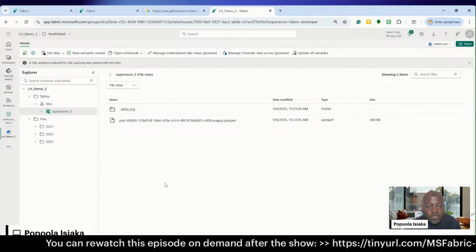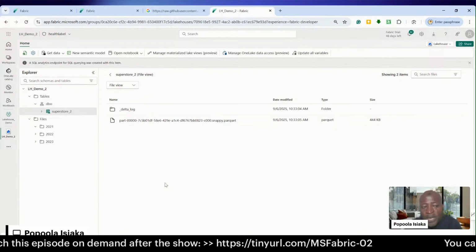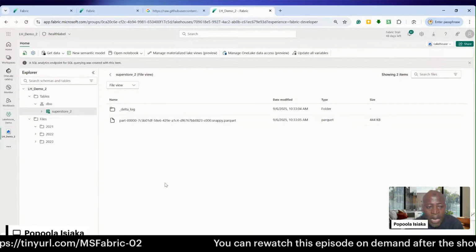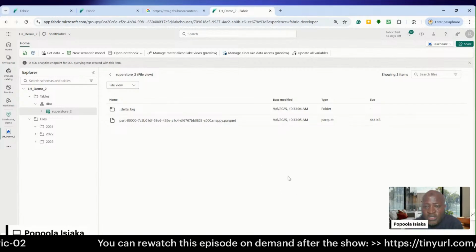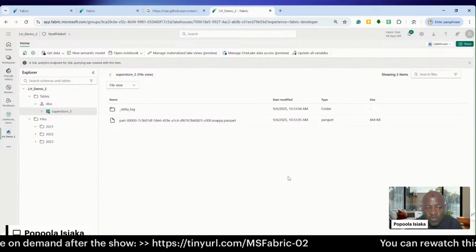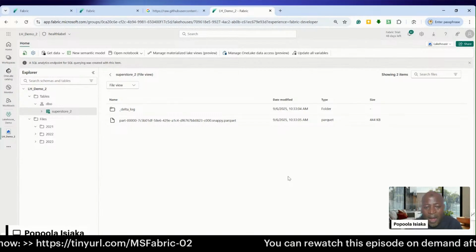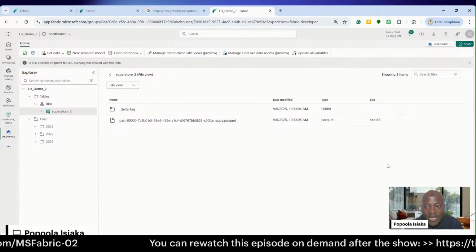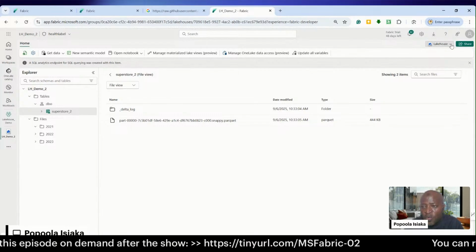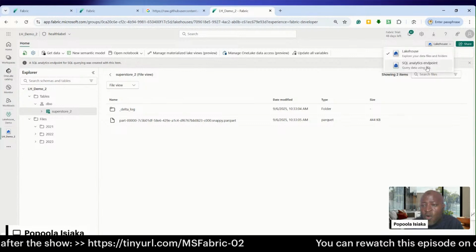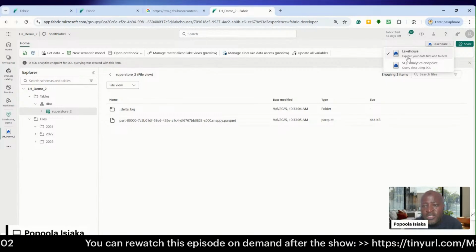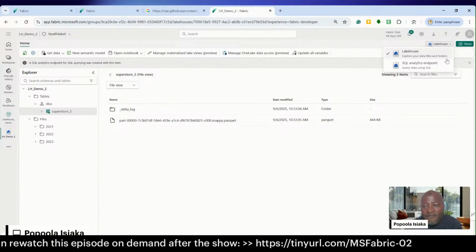So in the course of this demo, we have been able to see how we can import our data set into the Fabric environment. Now, I also mentioned that in our demo, we said Lakehouse has the capability of working with a data lake, which is for storage, and working with a warehouse. From this environment, if you come to the top here, you can see that we have Lakehouse. We can switch to what we call SQL analytics endpoint. By the time you are on Lakehouse, by default, it is being used to store data and files, to work with data